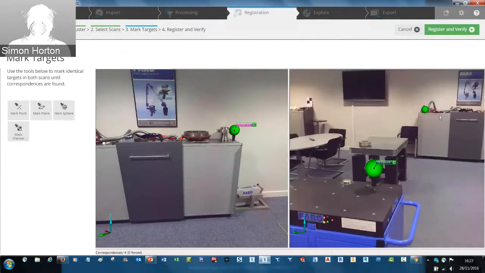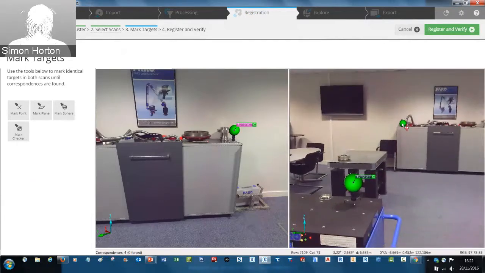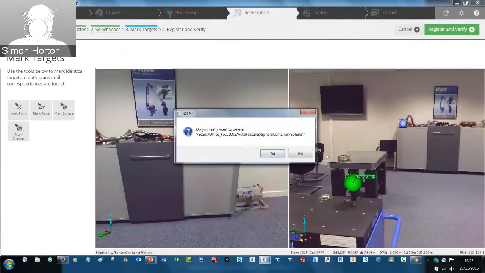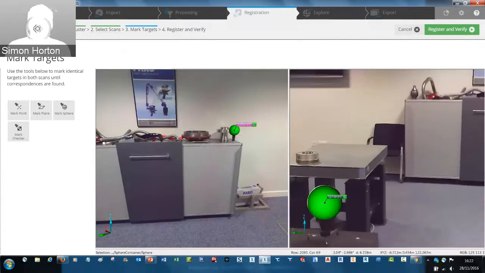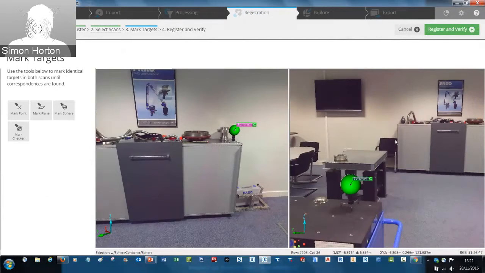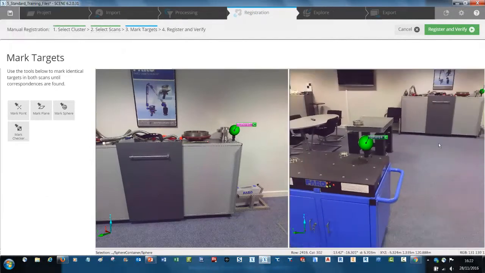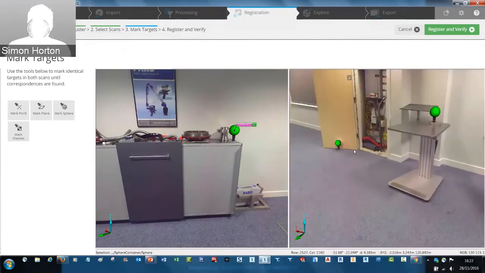You can look at spurious spheres over here. I know for a fact that actually isn't a sphere. It's actually just a shape that is a similar size to the sphere. So I'd want to delete that before I go any further. And then when we're back in the